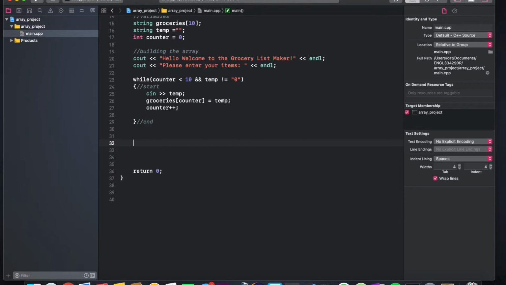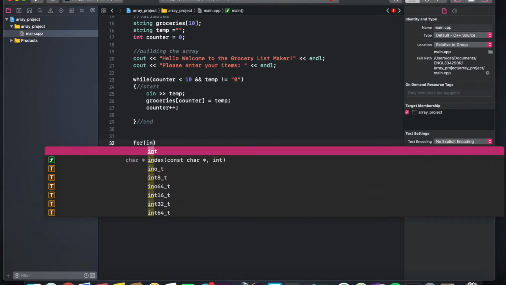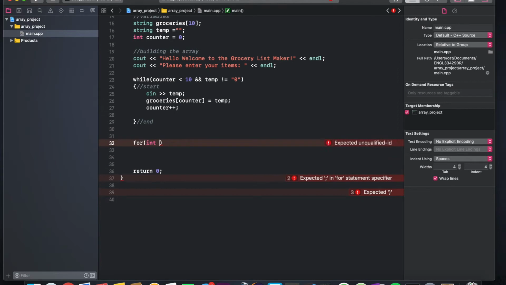to start the for loop, obviously you start with the word for, and in the parentheses, that's where you're going to put the conditions. We're not going to use the counter anymore because the counter is left on however many groceries you entered. You only put 3 groceries, so right now count is 3. So we're going to make a new variable called int. It's almost always an int for loops. Int i is equal to 0, so int index is equal to 0. So while i is less than counter,